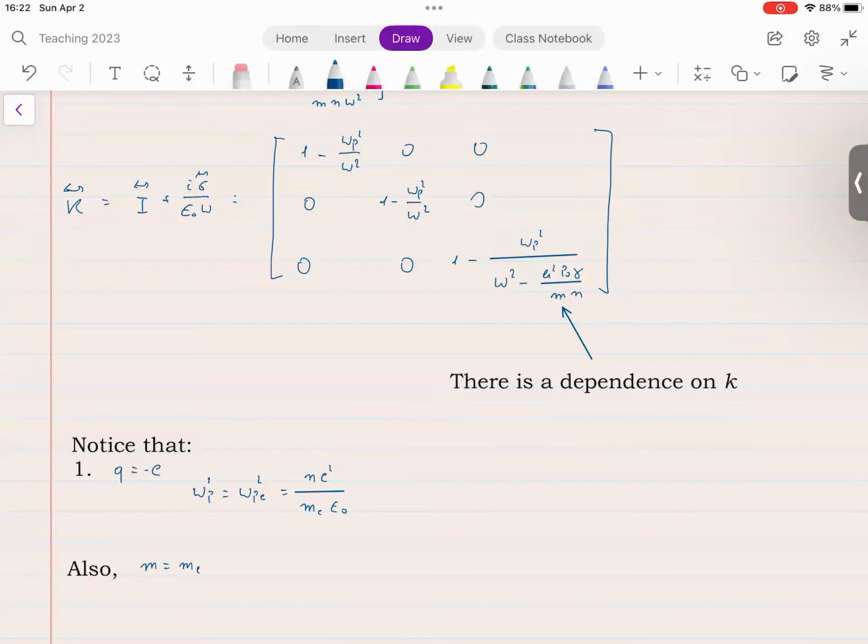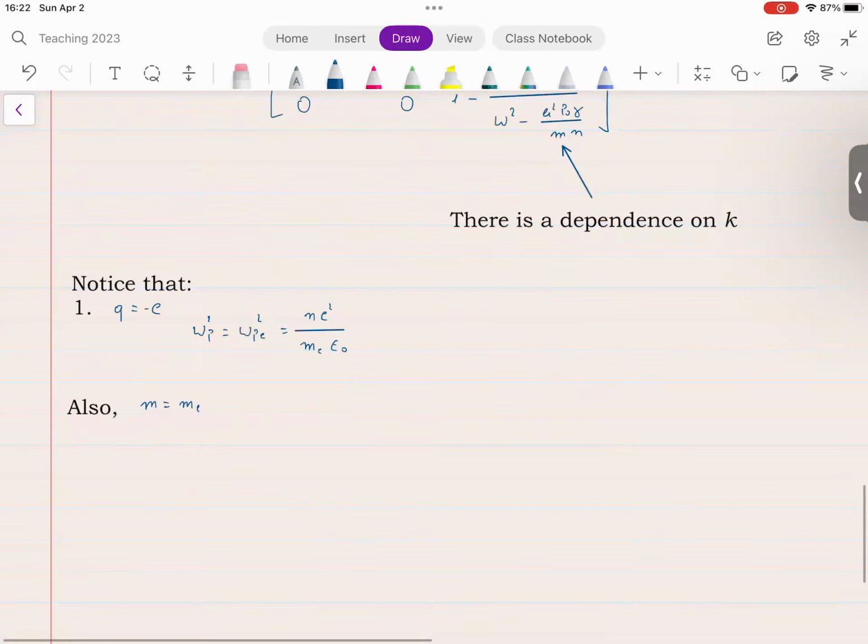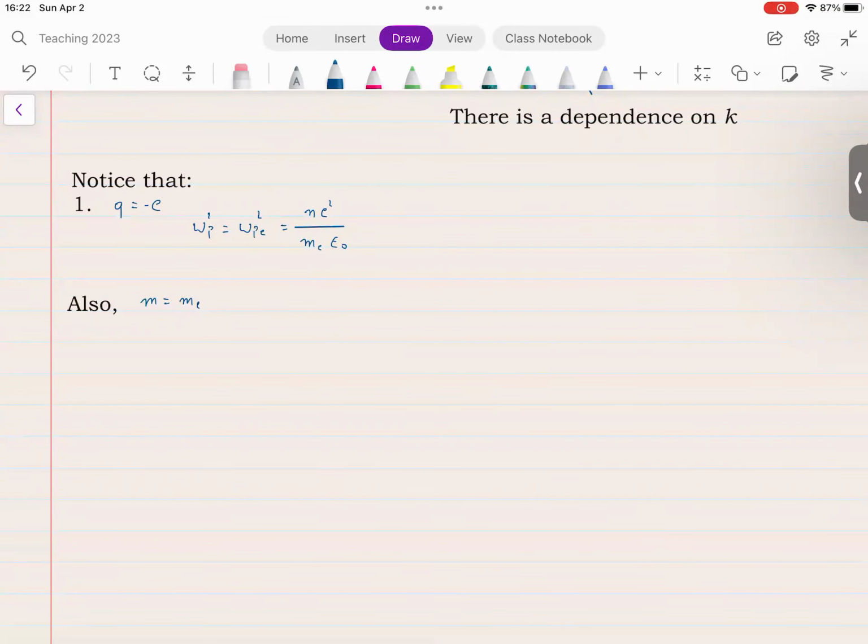Mass is the mass of the electrons. Okay, are we getting anywhere? Maybe. Actually, we are. We're almost there. Well, almost somewhere at least. What we're going to do next is